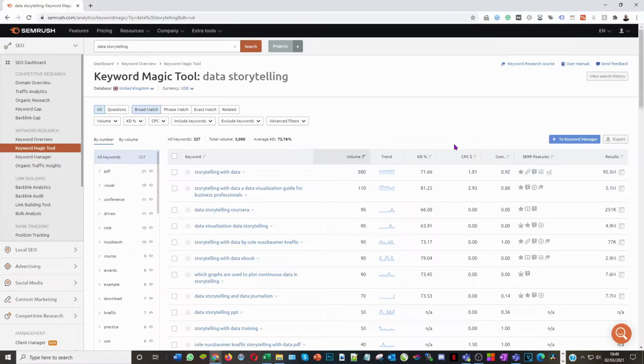Now, what it will give back to us is the keyword and other variations, either long tail or body keywords, but with predominantly all these modifiers. Where SEMrush is quite clever, it identifies through latent semantic indexing the semantic relationships between the keywords to give us some of the most common terminology or modifiers that are used alongside the words storytelling and data. And you can clearly see things like conference, driven, courses, examples, all help build up more and more of a